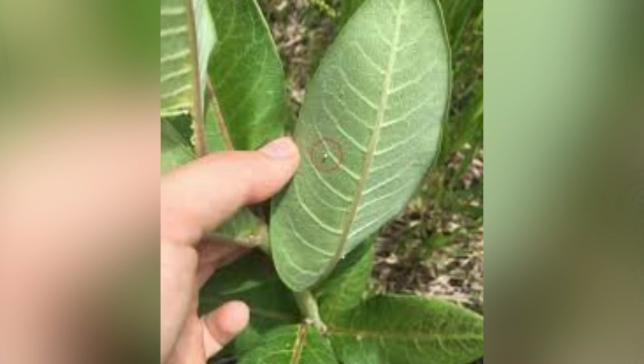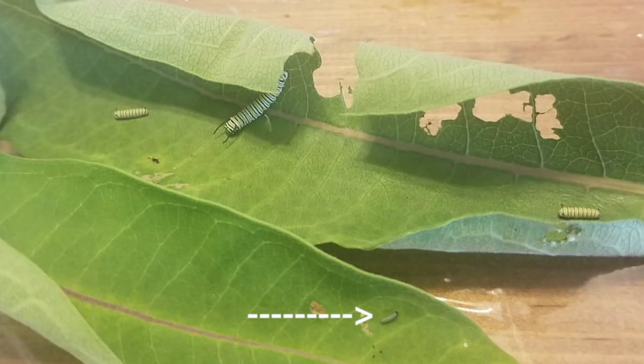From that egg emerges the tiniest, I mean, it's microscopic, little tiny monarch caterpillar. And it looks exactly like the big one, the little yellow, black, and white stripes. It's just really tiny. I'll have to find some pictures from when we've been raising them for the past few years. And I'll do an entire video series of when we actually do raise them this year because it's so